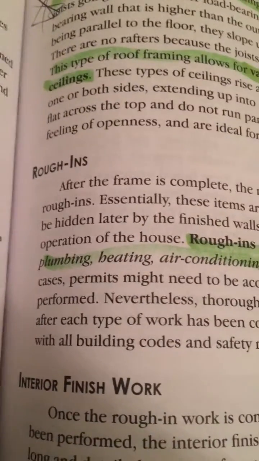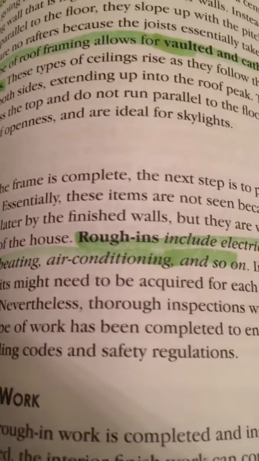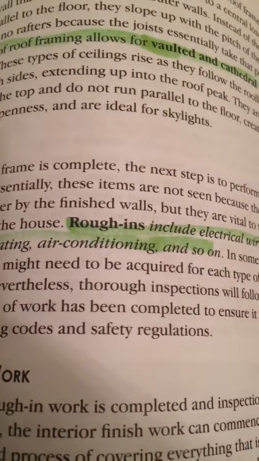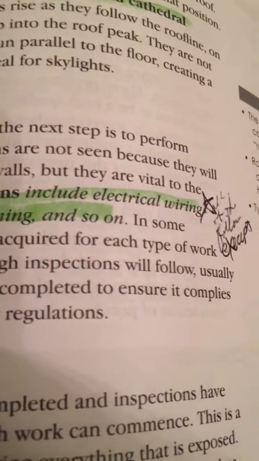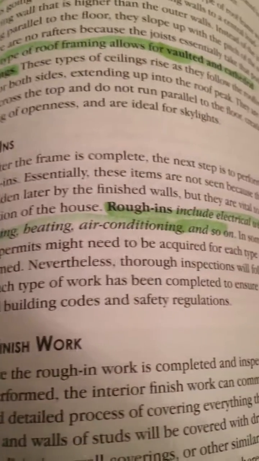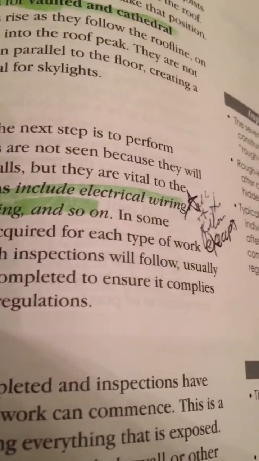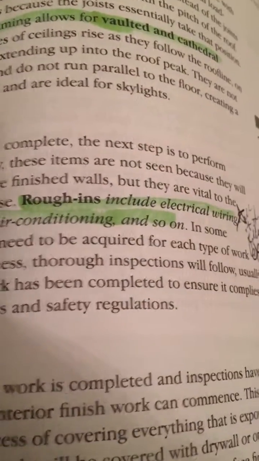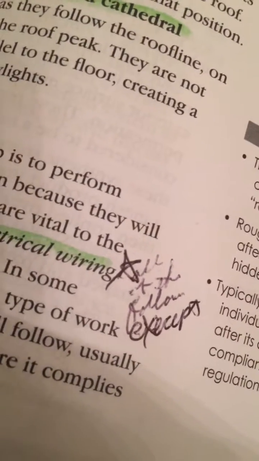In some cases, permits might need to be acquired for each type of work performed. Nevertheless, thorough inspections will follow, usually after each type of work has been completed, to ensure it complies with all building codes and safety regulations. Extra note: all of the following except